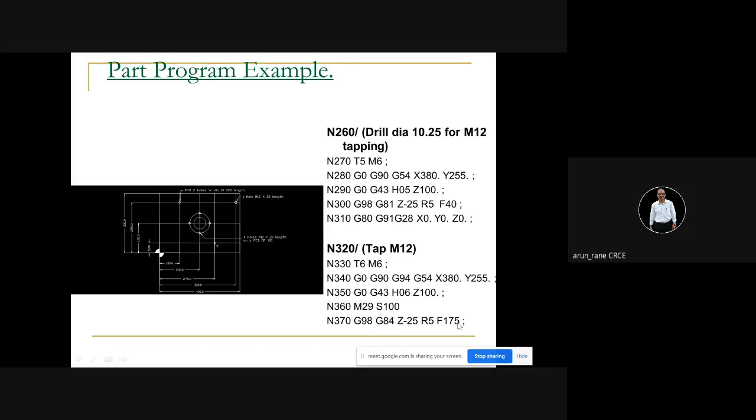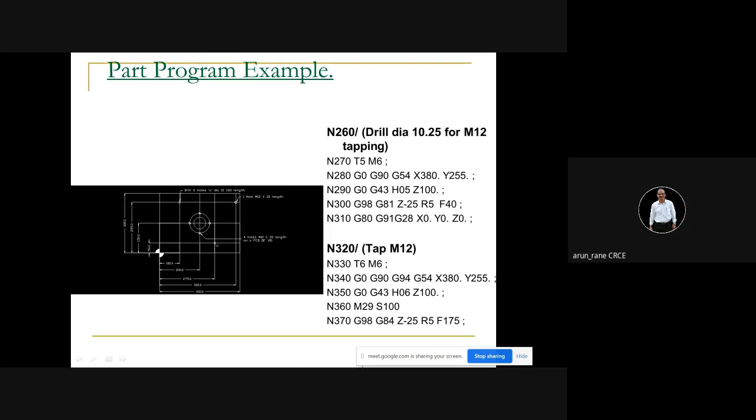Now remember how this feed 175 has come. See this, these holes are being done now. This hole, this hole, this hole. I don't know whether it is visible or not. And there are 4 holes here. These holes are M10 holes on a PCD of 100, 4 holes, and these are M12 holes.